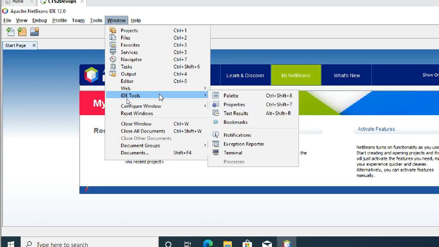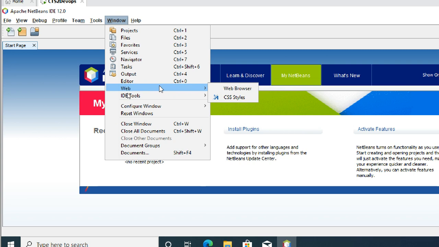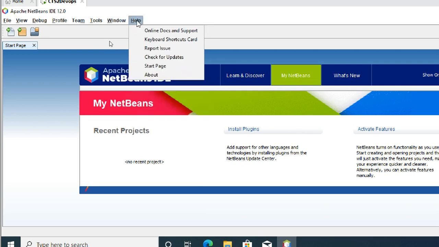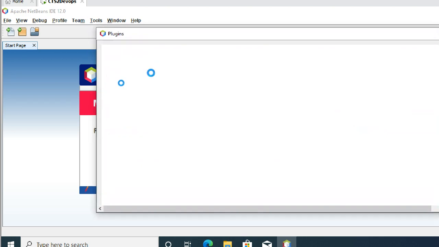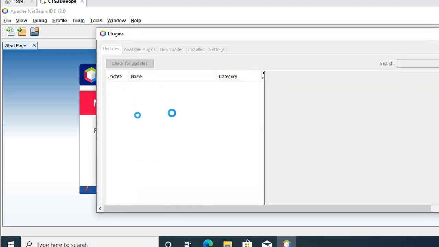This is tools, web browsers, like that. This is about check for updates, tools for plugins, like any plugins you want to add. If you want to update the features or plugins, find out available plugins, downloaded, installed, and settings.